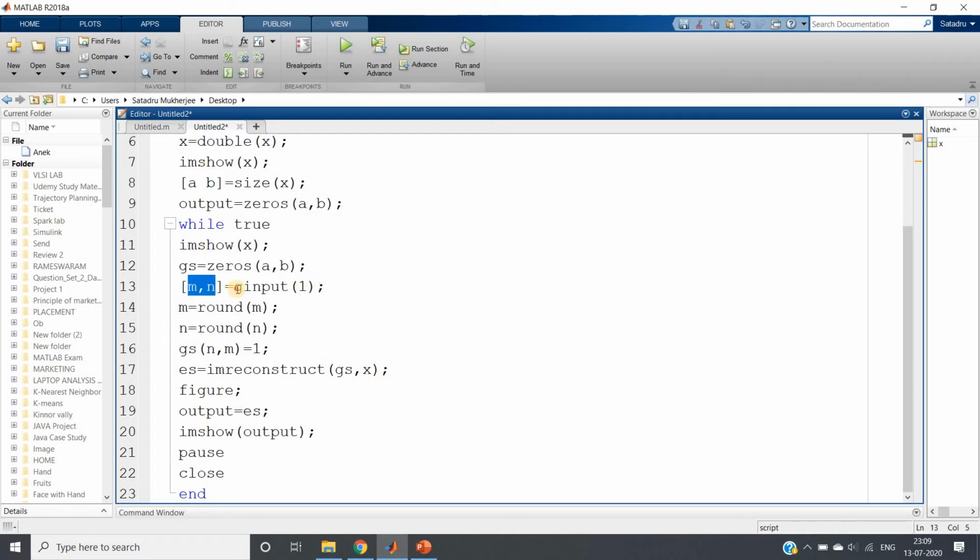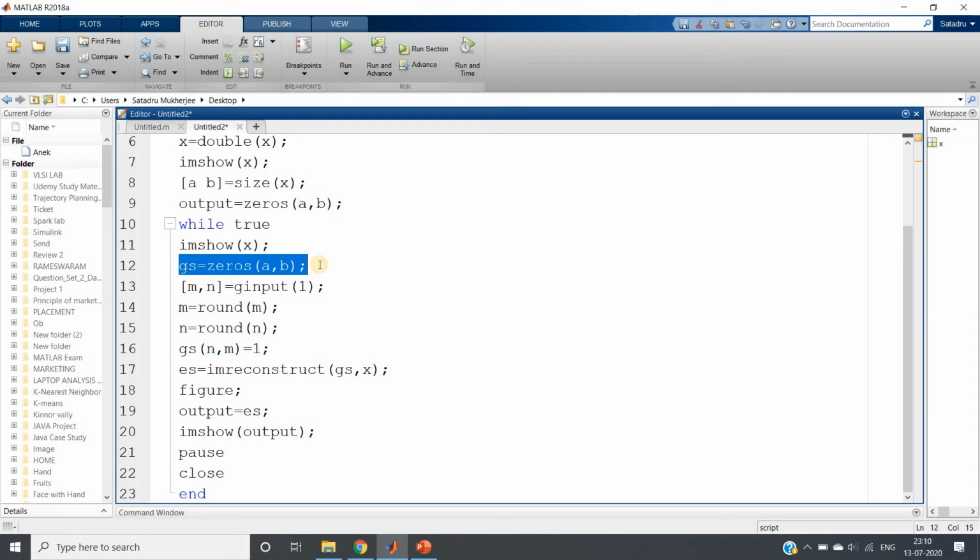m comma n equal to ginput(1). I am taking one click of the mouse pointer and that coordinate is stored in m comma n. I am converting that to integer using the round function. Then at that clicked location I make one pixel value 1 in gs.